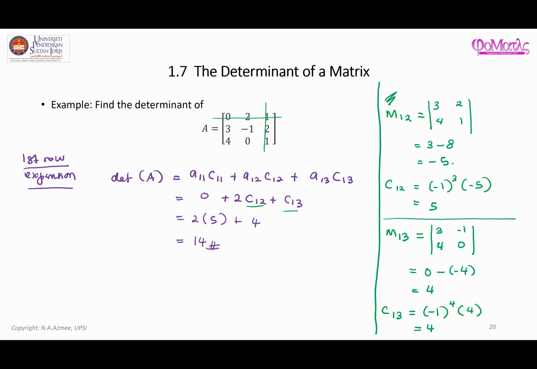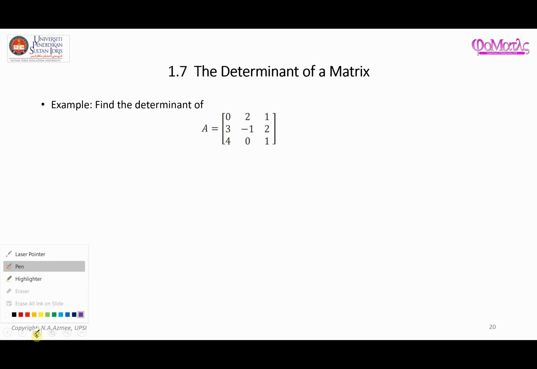Okay. Now let's try finding the determinant of this matrix using other row expansion or column expansion. I'm just going to erase this slide. Let us find the determinant of this matrix using, for example, the third row expansion, because this is a possible choice. We have a 0 here that will simplify our whole process. We don't need to find all the cofactors associated with that. So if you consider the third row expansion,